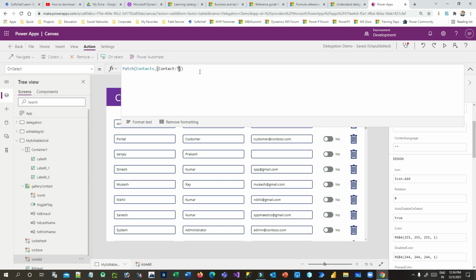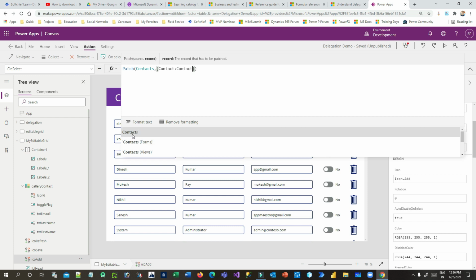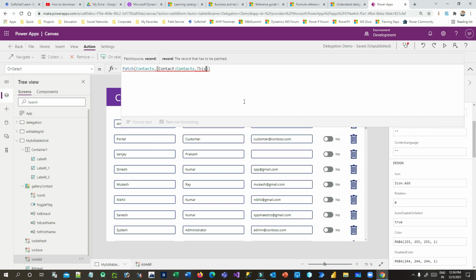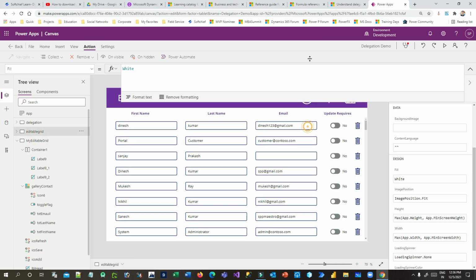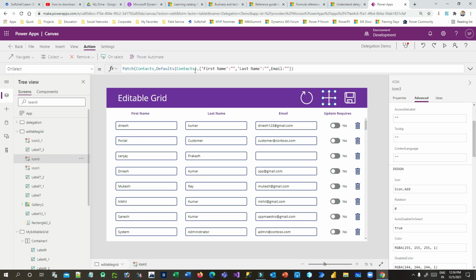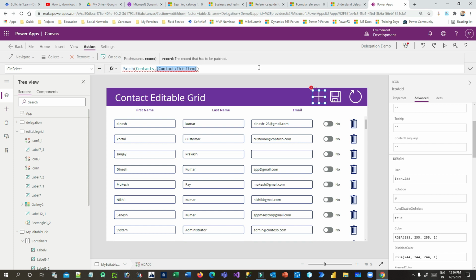this record, contacts and contact dot this record. You can define this record also. Sorry, it should be this item. Let me check. I just want to check that formula. Yes, it should be Defaults contact. Sorry. So the next item is Defaults contact, because I want to create a new contact record with default values. So use Defaults and inside that pass the record contacts,